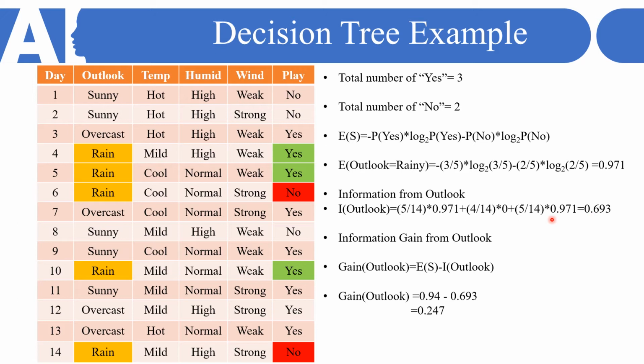Now we want to find out the information gain from the information. To find out the information gain, this is the formula: the overall entropy, which we have calculated in the first slide by considering all the outputs and not considering any attribute. Only this last column we considered, and we calculated the entropy. So that entropy minus information will be the gain. So that was 0.94 minus 0.693, that is equal to 0.247. So this is for attribute outlook, and we have calculated the information value as well as the information gain, which are these 2 values. Now similarly we are going to calculate the next ones.